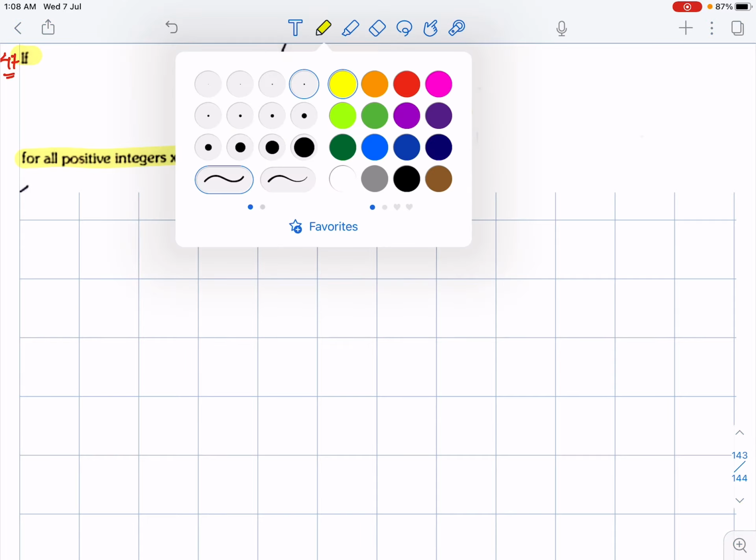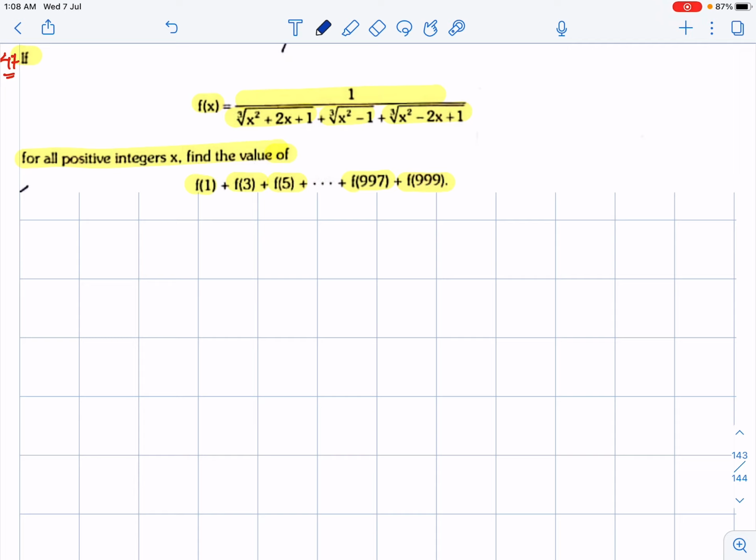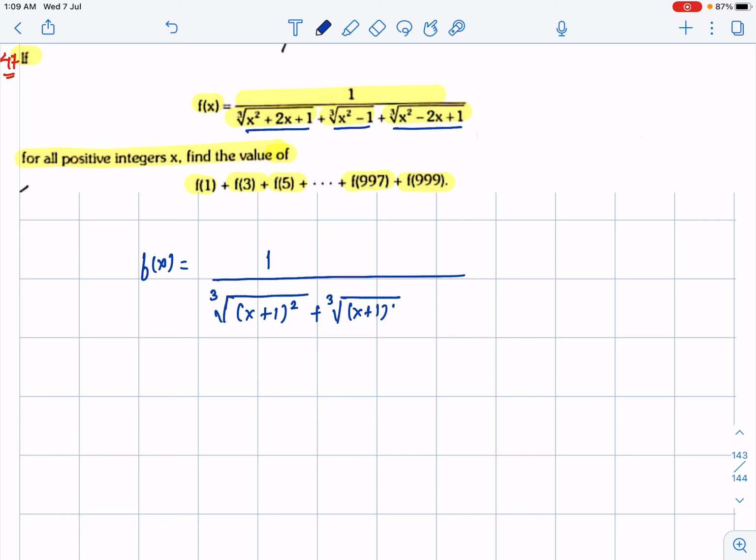So guys, to solve such type of question, we'll make use of a cube minus b cube, because I can see something like a square plus ab plus b square written over here. How it is written like that, you might be wondering. Let me show it to you. F of x, what do we know? 1 divided by, we know that x square plus 2x plus 1 is x plus 1 the whole square, so cube root of x plus 1 the whole square is written over here, plus cube root of x plus 1 multiplied by x minus 1 is written over here, plus cube root of x minus 1 the whole square is written over here.